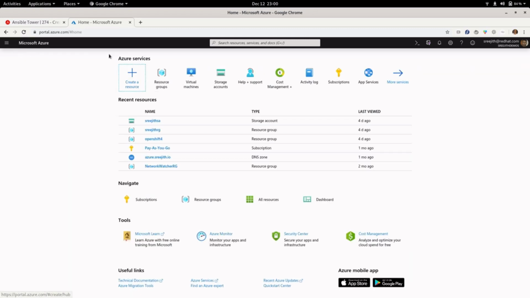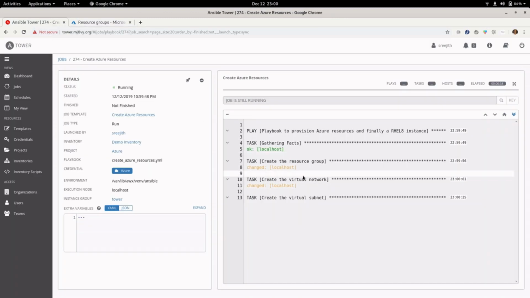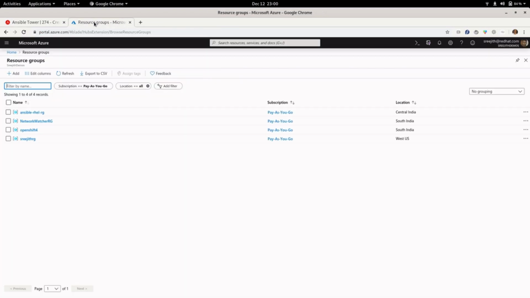So you can go back to the Azure dashboard and click on resource groups. And here you see the Ansible RHEL RG resource group. And once the resource group is created, it will go ahead and create the virtual network, the virtual subnet, and the public IP address.